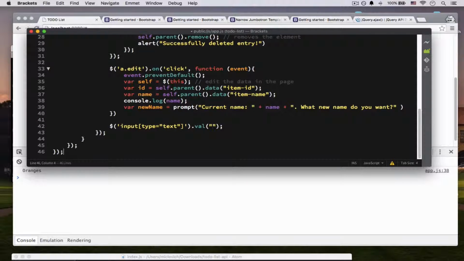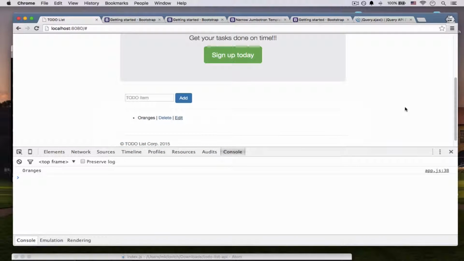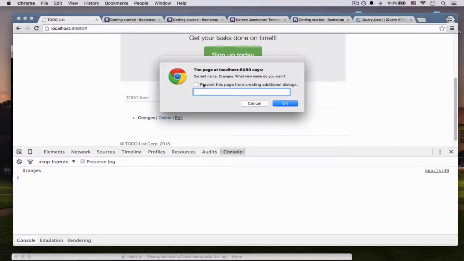For your item, of course, not for you, but your item. So when we refresh our page and add oranges, click that. Current name oranges, what new name do you want? We can provide a new name and that gets sent